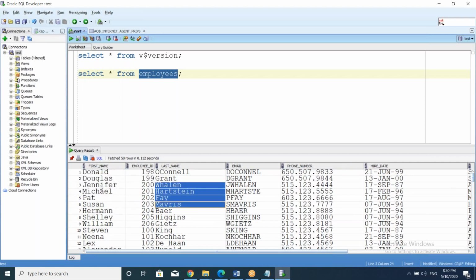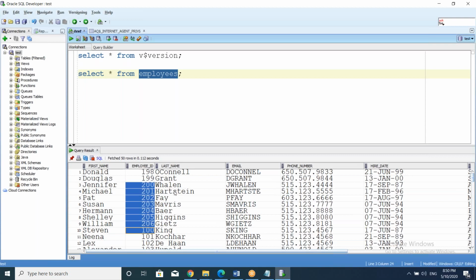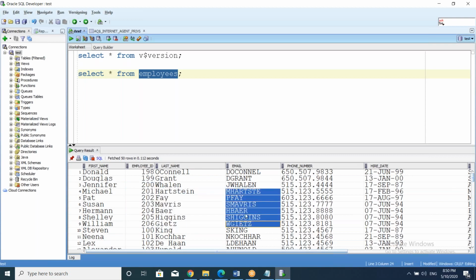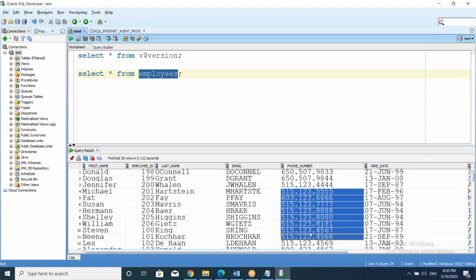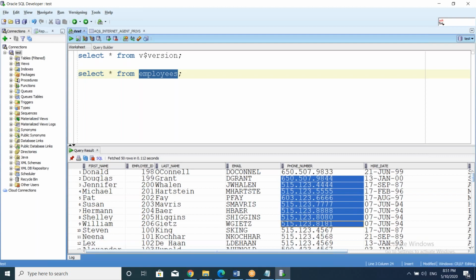So here how many kinds of data are you getting? One is character related, one is number related, integer. This is character, this is character, this is number. So here in this number also, in between one dot is there. If in that also one character, any single character, is added in any number format, then you cannot tell that that is a number. That is character only. So this is also character.